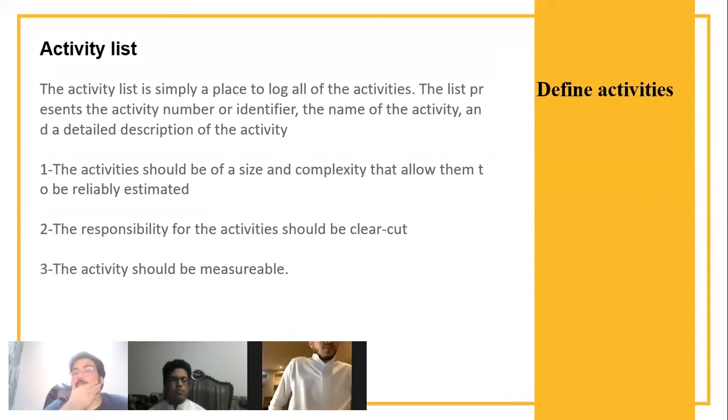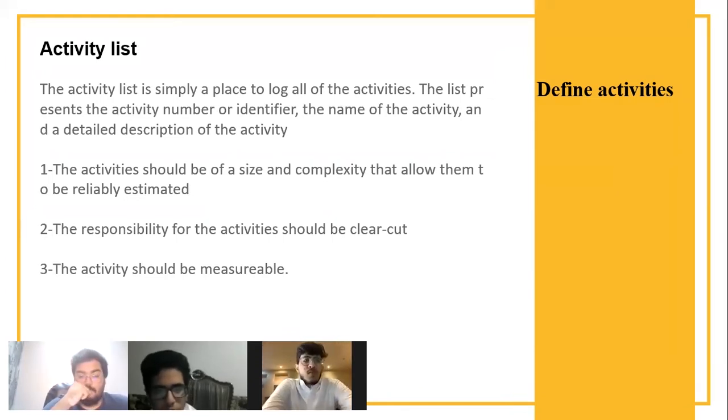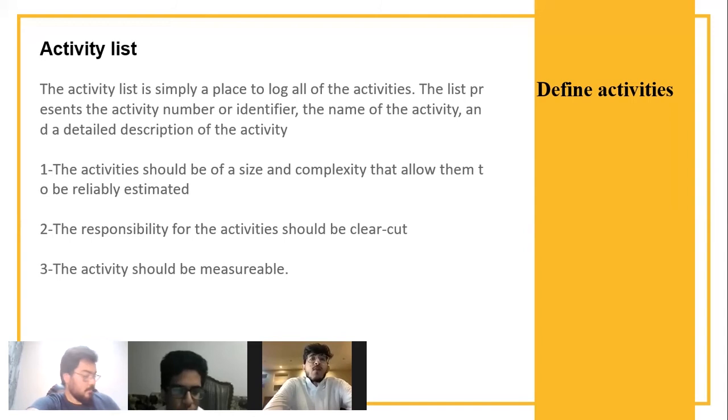Activity list. The activity list is simply a place to log all the activities. The list presents the activity number or identifier, the name of the activity, and a detailed description of the activity. The activities should be of a size and complexity that allow them to be reliably estimated. The responsibility for the activity should be clear cut. The responsibilities will be talked about in the last matrix, where we separate the work of the activities among every member. Third, the activity should be measurable. Next,